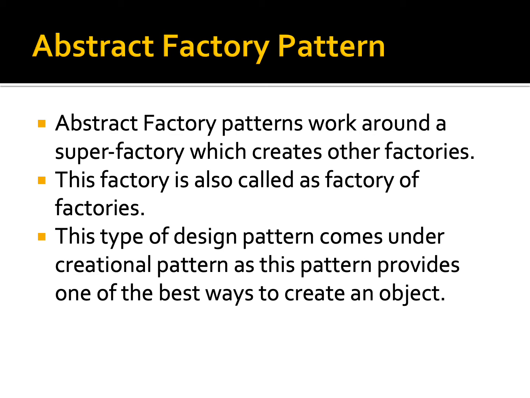And similarly there is another product which is product B, and the product B has its own different variations and forms such as 1, 2, 3, 4, 5, or so on. They will be all concrete classes, the child classes. The simple factory structure will be the same as you have learned in simple factory design pattern, but in this case we have multiple factories, and around those multiple factories we have a super factory which is also known as abstract factory. So abstract factory design pattern is also called or known as the factory of factories or super factory or abstract factory. This type of design pattern comes under the structural creation pattern, as this pattern provides one of the best ways to create an object.